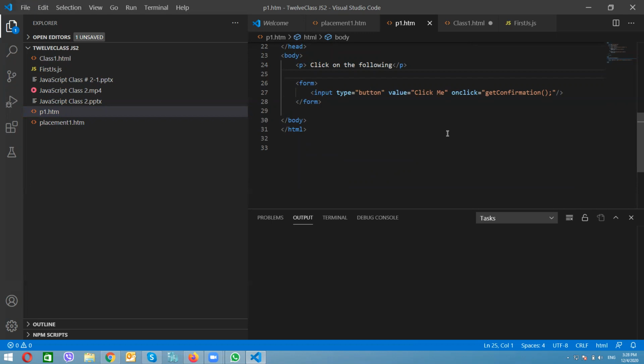This dialog box actually has two buttons, OK and Cancel, as I explained earlier. If the user clicks the OK button, the window method prompt will return the value entered in the text box. And if the user clicks the Cancel button, the window method prompt returns nothing; it will return null. So this is the mechanism of the prompt dialog box. I wish you would do some R&D on it and some practice. If there is any problem, please let me know. I will guide you immediately.